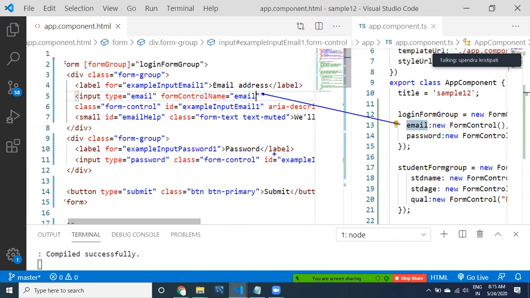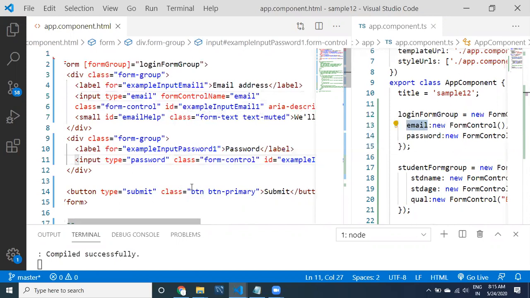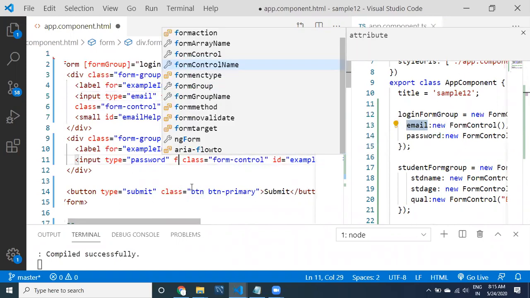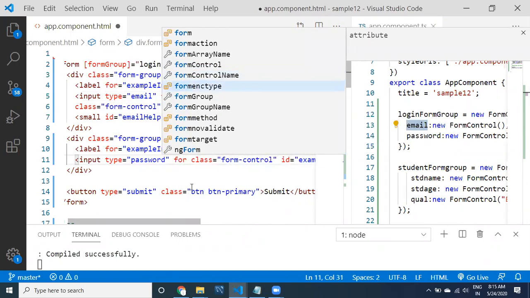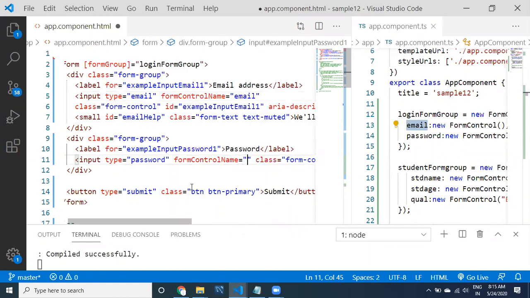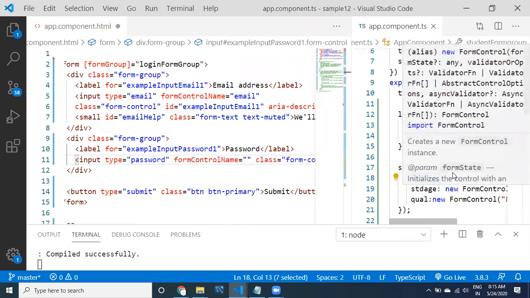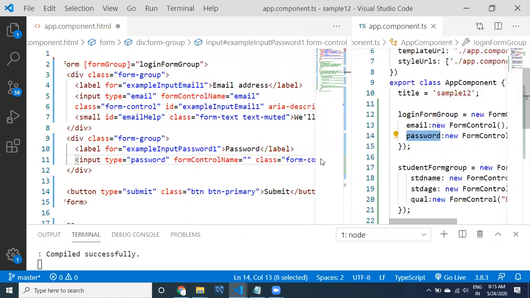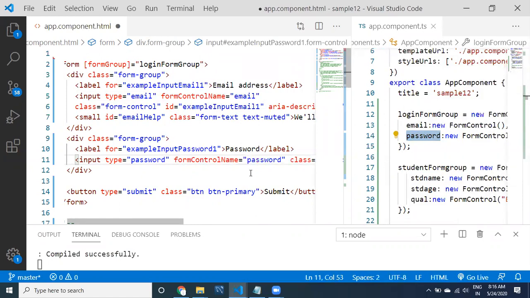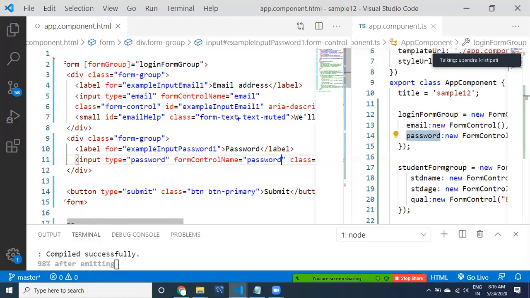The same way I would like to attach this other input box. Here it is. You can take formControlName and use password, so that these two things happen like a two-way binding.